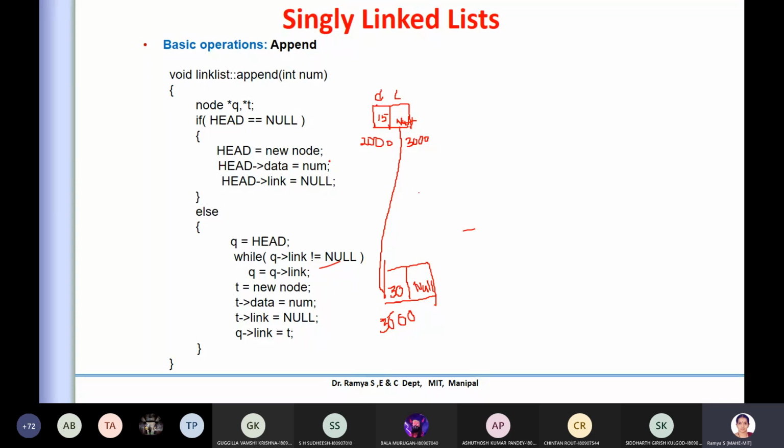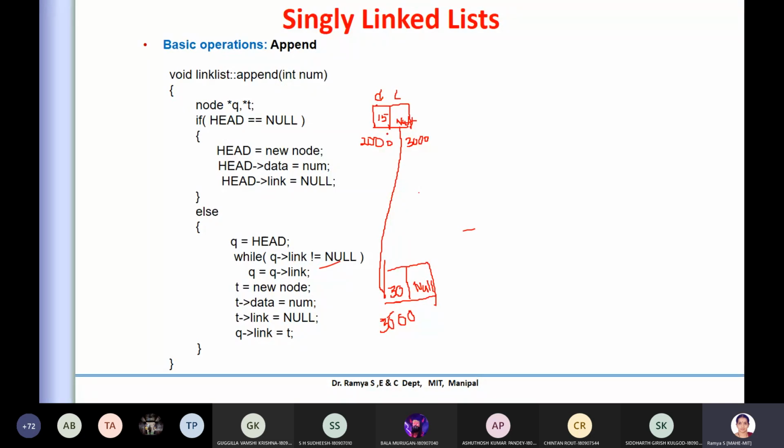For example, I want to append another node. When I want to append another node, initially it is pointed to by the head. In this case it's 2000, and it will travel until it finds the null link.